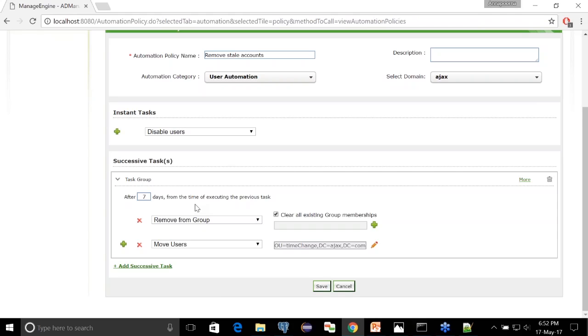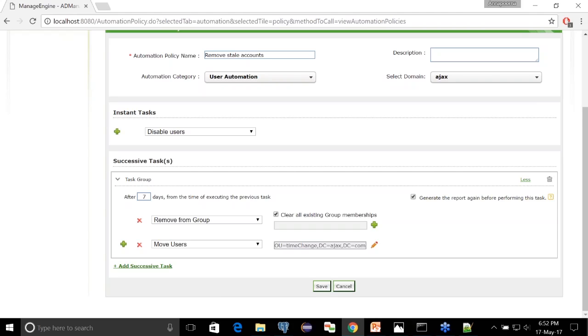So once this is done, if you want to regenerate the report for this operation to take place, let's say I've disabled a particular user account based on, say, the particular user account has been inactive for 30 days and hence I disabled this user account.